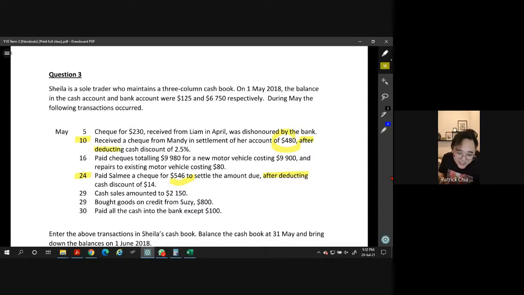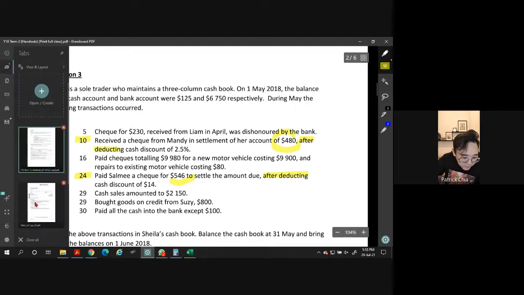So here's the thing. I noticed that even in IG, all the questions are like this one. When you see a nice number, so what do I mean by nice number? Nice number means the last digit is 0. When you see the last digit is a 0, that means not yet. They haven't minus the discount yet, even though they put there like after deducting cash discount, right? So not yet. So you need to minus yourself. Okay? And then when you see a not nice number, what do I mean by not a nice number? The last digit 1 to 9. Okay, so let's look at the notes again.